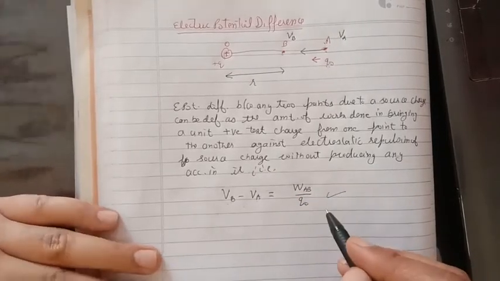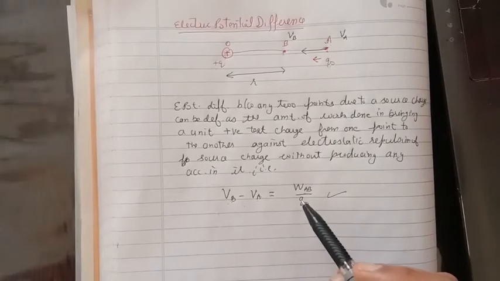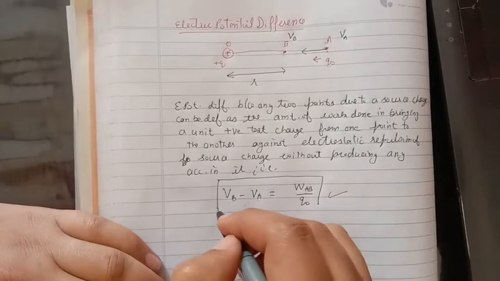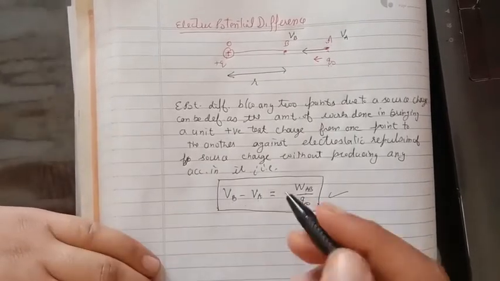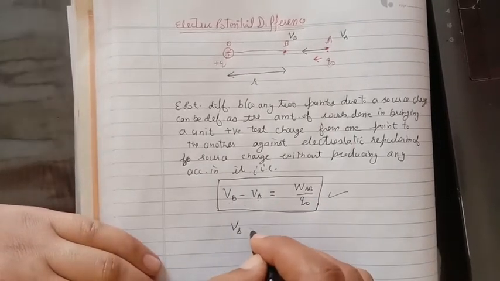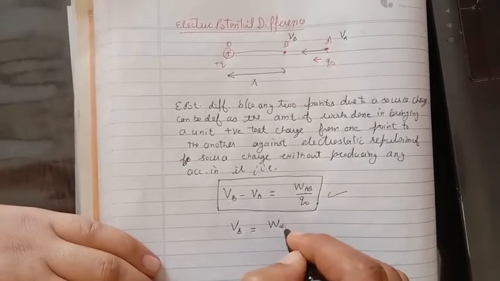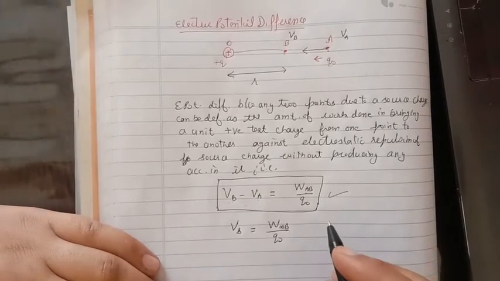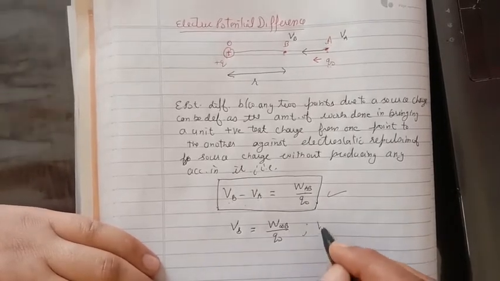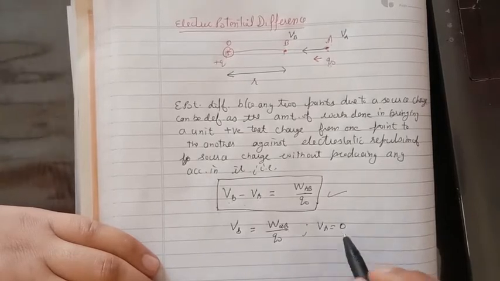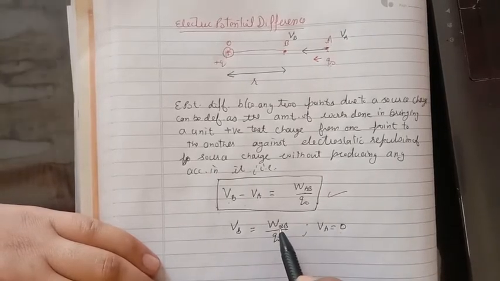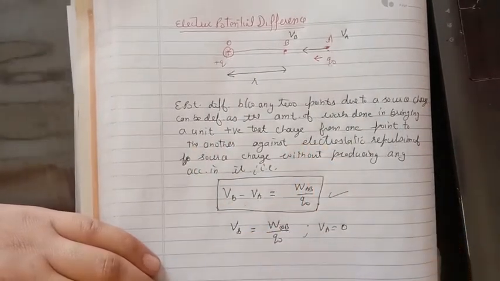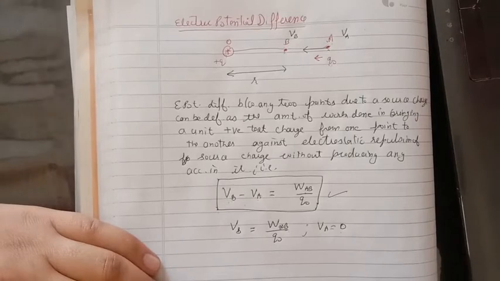So you can see the similarity between this definition and the earlier definition of electric potential at a point, that this is actually the main definition. In the earlier case, we had defined the potential at a point like this: VB equal to W infinity B divided by Q naught. So these two definitions are basically the same. The only difference is that here the value of VA is equal to 0. Why 0? Because when Q naught is at infinity, the repulsive force of Q at the Q naught was also equal to 0. So its ability to apply force becomes 0, hence its potential is also equal to 0.